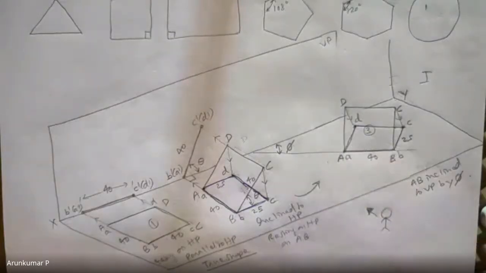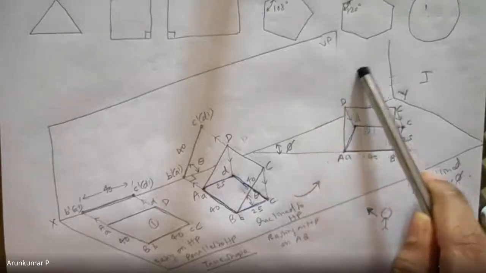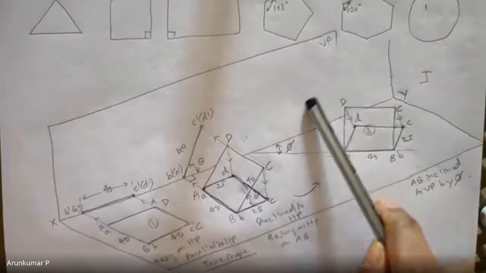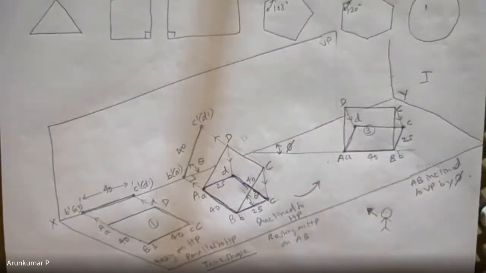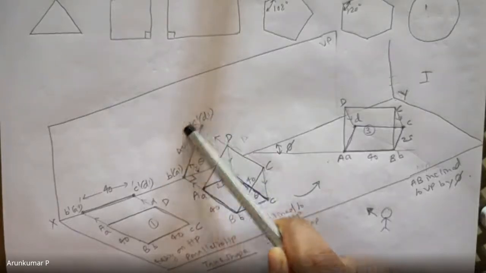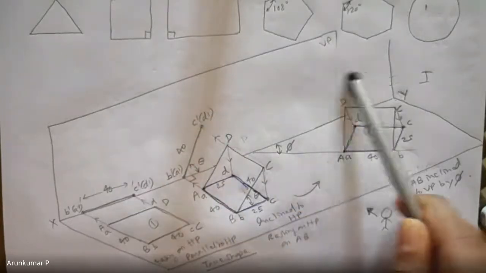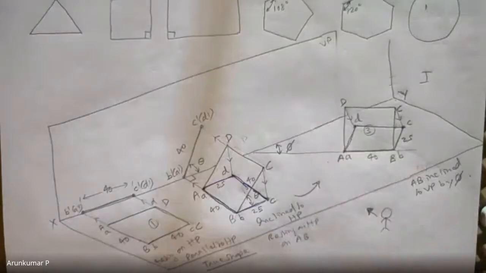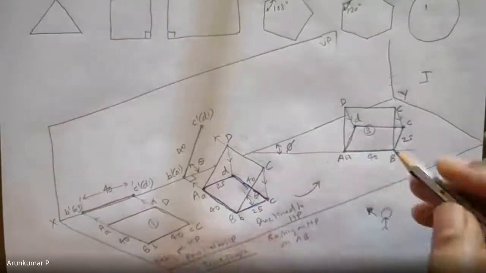Now, the most important step. What are you going to get in the front view? Will it be a line like this as you got in the second step front view, or will it be something totally different? What do you think? Let us project and find out. Okay. So please observe carefully. I'll project one by one.